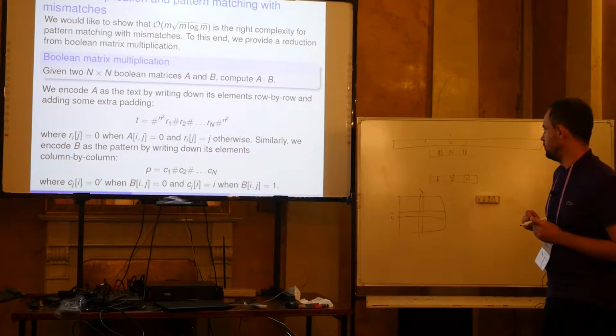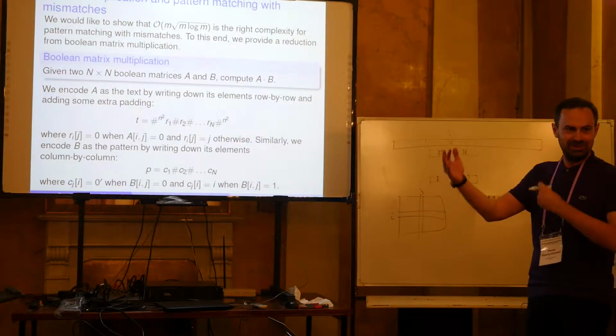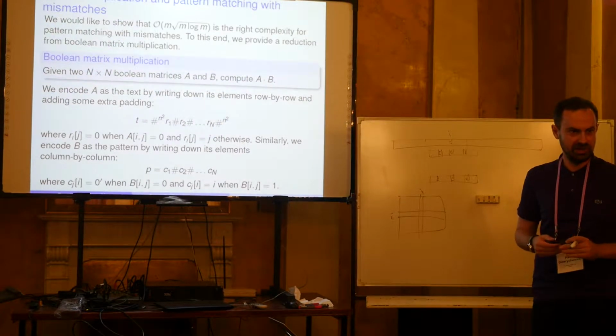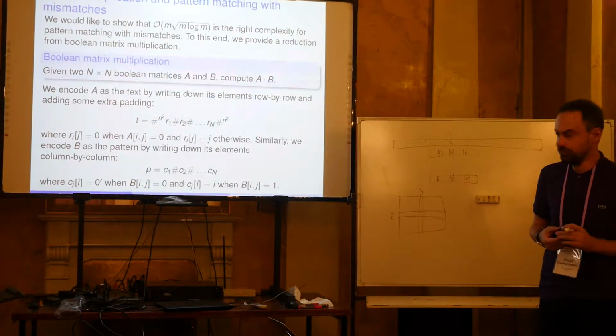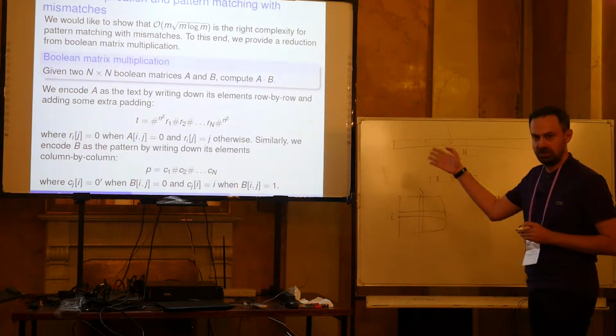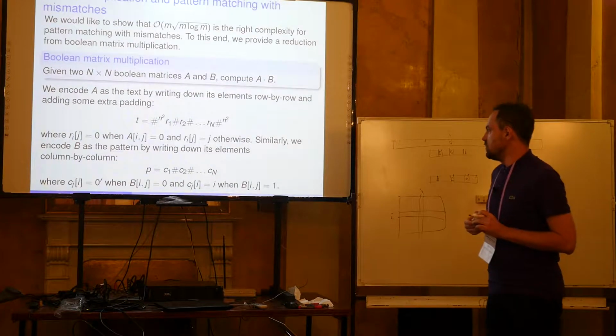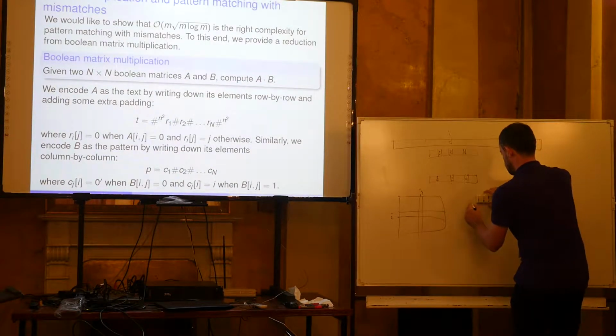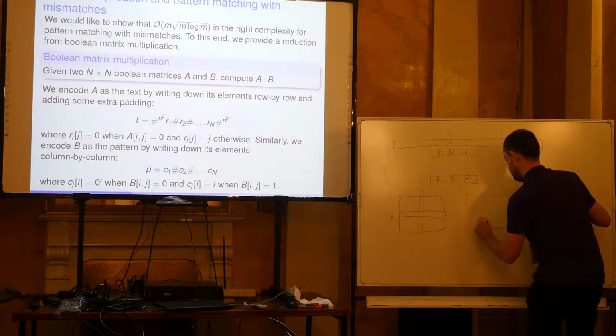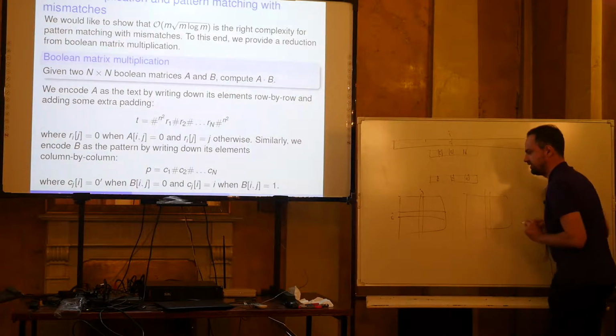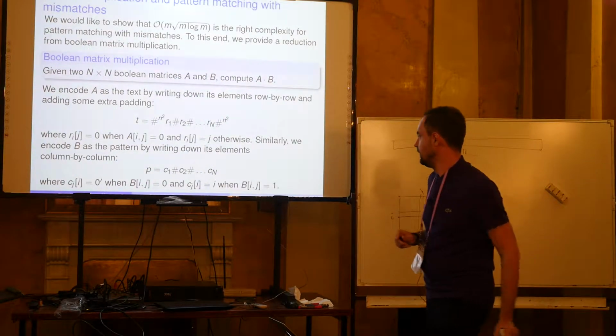Now for the pattern, you can guess that I should do the other way around. Yeah? So I should look at each possible column and write the elements column by column. So again, C1 is the first column, and so on and so forth. And I do a similar trick, which is that if I look at a column here, if I have a 0,